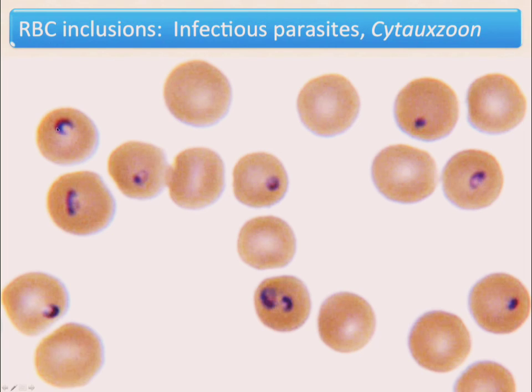And what we're looking at here are numerous signet ring-shaped inclusions of Cytauxzoon felis. You will eventually learn all about Cytauxzoon. It's an important disease to know about, especially in certain geographic areas, and it can actually kill